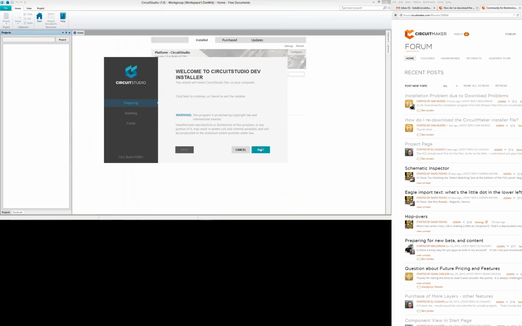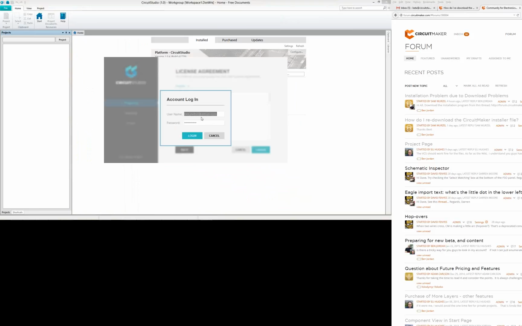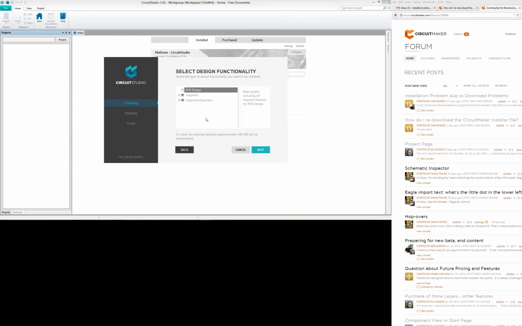okay, now normally by default when you run the installer, you'll see these are partially the default settings to only have STEP import. This says importers and exporters, but it's important to understand this STEP here means importing STEP models only for basically library components. But if people want to install the OrCAD and PADS importers as well as the Eagle importer, they need to come in here and check these during